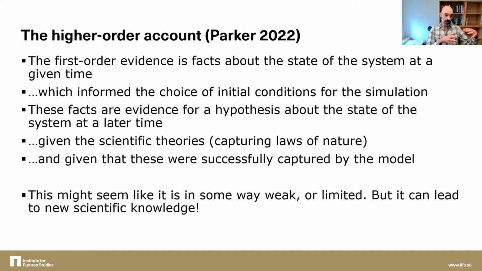So those facts about the past and current state of the climate are evidence for a hypothesis about the state of the system at a later time, this future prediction, under certain assumptions, given certain scientific theories like the laws of nature that are in the model, and given that they were successfully implemented in the model. So the thought is that the model results themselves are kind of higher order evidence that this first order evidence gives us support for the hypothesis, where the hypothesis is, whatever the climate model said, like warming at 2100 will be X degrees. And so the idea is to use this kind of complicated mediated picture